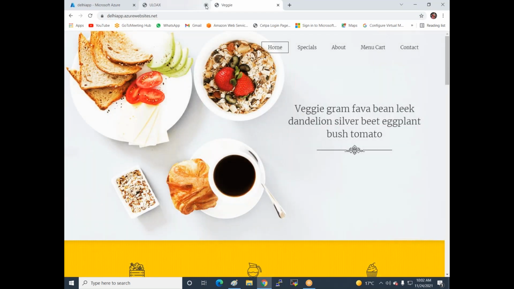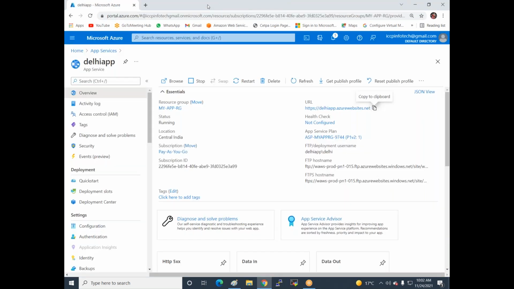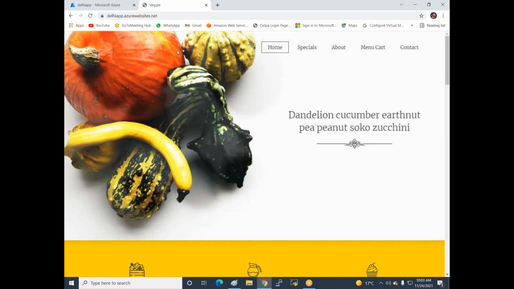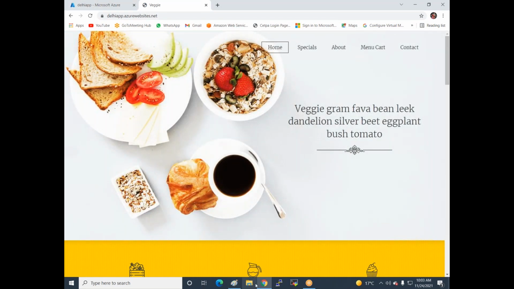Now one more thing. Say the Big Billion Day starts now, and immediately after 5 minutes your entire website is changed, using the same URL. So now I'm using slots, which means you can switch the website immediately. The current active website is running in its current location, but you can switch the website immediately. We have already created two websites and we are using the concept of swapping. Now there's one more website available in my system.